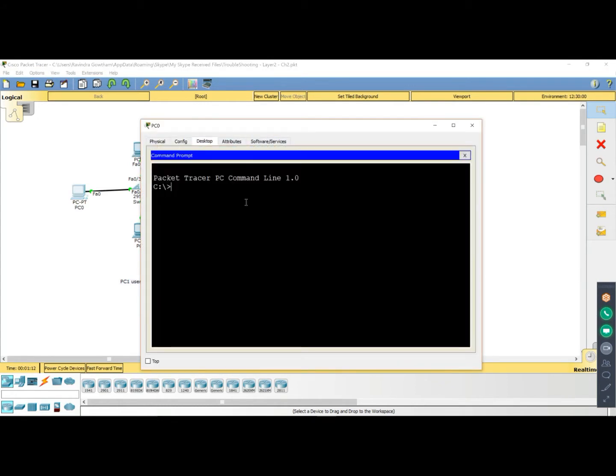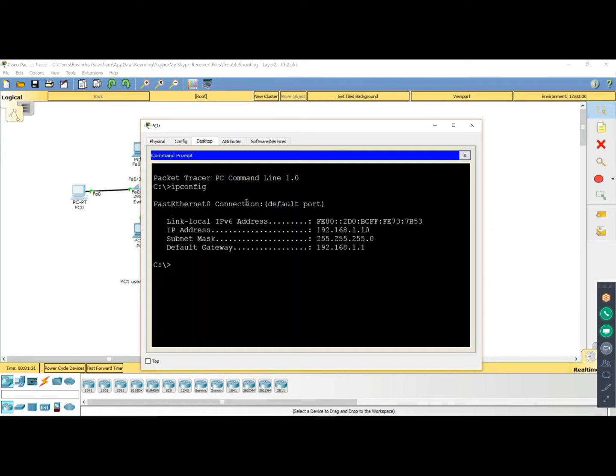Desktop, command prompt. Ping. Did you check IP config on this one? I'm sorry. IP config. 1.10, 1.2, 1.10, 1.100. Okay. 192.168.1.100. Okay. So